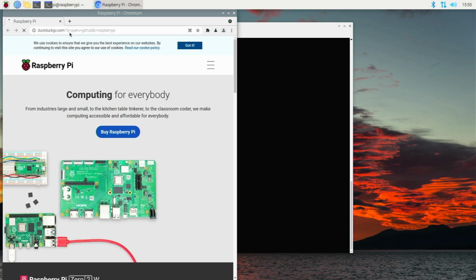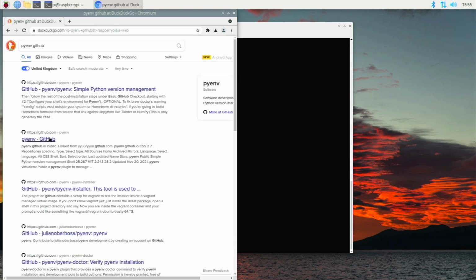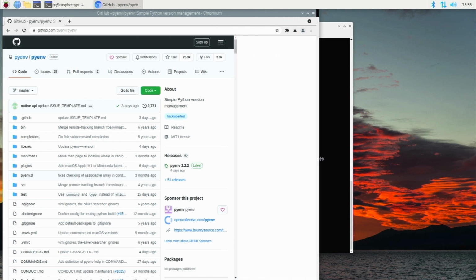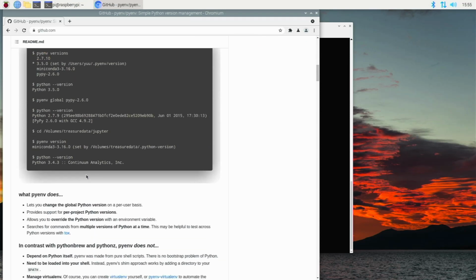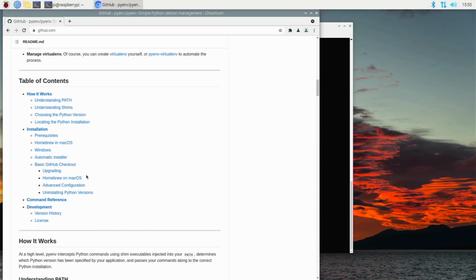If you look for Pyenv on GitHub, Pyenv is a tool that allows us to manage multiple versions of Python on our machine. So if you want to install Python 3.10 and Python 3.11, say, we can do that if it exists in Pyenv's repository. So if we look at this, first of all, and I've been through this already and hit some issues,